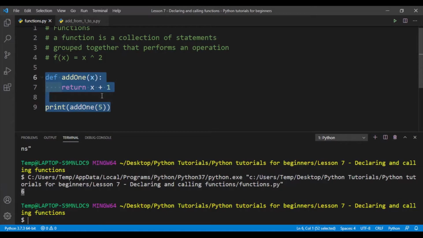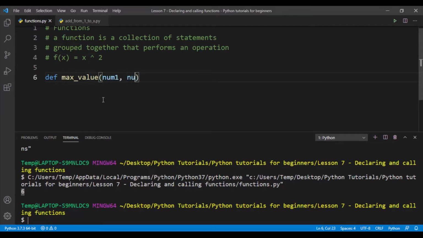Now let's define another function, def max_value, separated by an underscore, and this time, instead of having one parameter, we'll have two parameters. Let's name the first parameter num1 and the second parameter num2, for number 1 and number 2. In a function you can have a collection of statements, so instead of having one statement, you can have multiple statements. Let's say I make my result